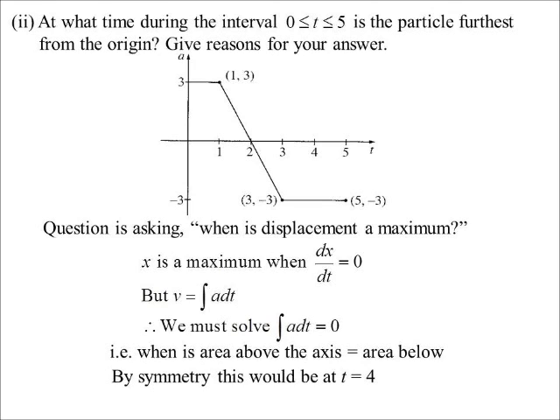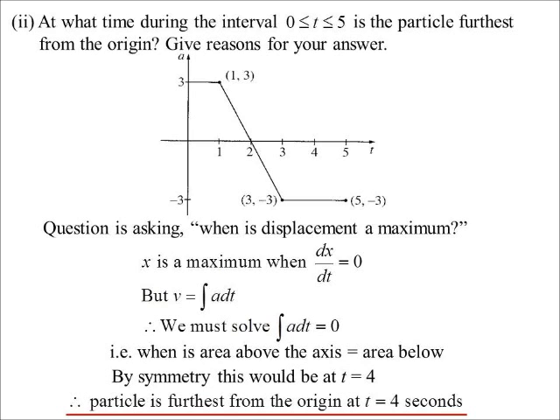The base times height's the same, so logically those triangles are the same. This rectangle has an area of 3, and so with a rectangle area of 3, I would end up over at 4. So when t equals 4,